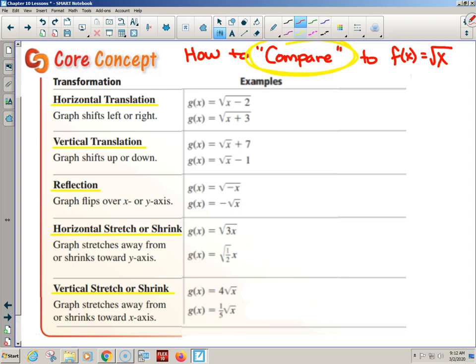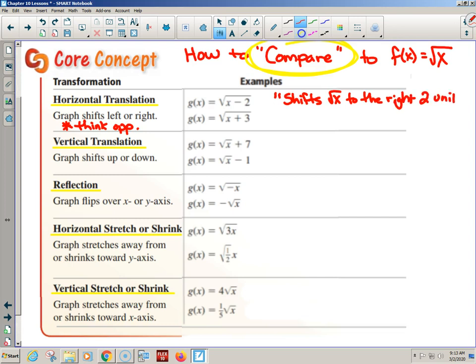Yeah. If we see addition or subtraction, it's going to be a shift. Shifts left or right. The snazzy word is translation. Okay, cool, whatever. We're going to be shifting, and then what do I tell you to think about whenever it's on the inside? Think opposite. So what we want to put for ourselves right here on horizontal translation is that little clue I keep telling you. Think opposite. Which means, if I were to compare after graphing, to make sure that my graph was right, I should be able to look at the equation of this guy, and my comparing language would say that this guy shifts square root of x to the right